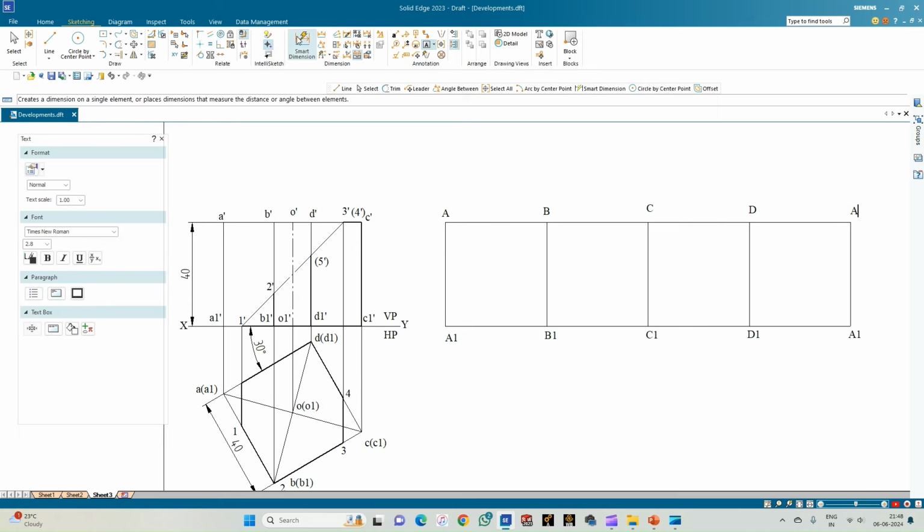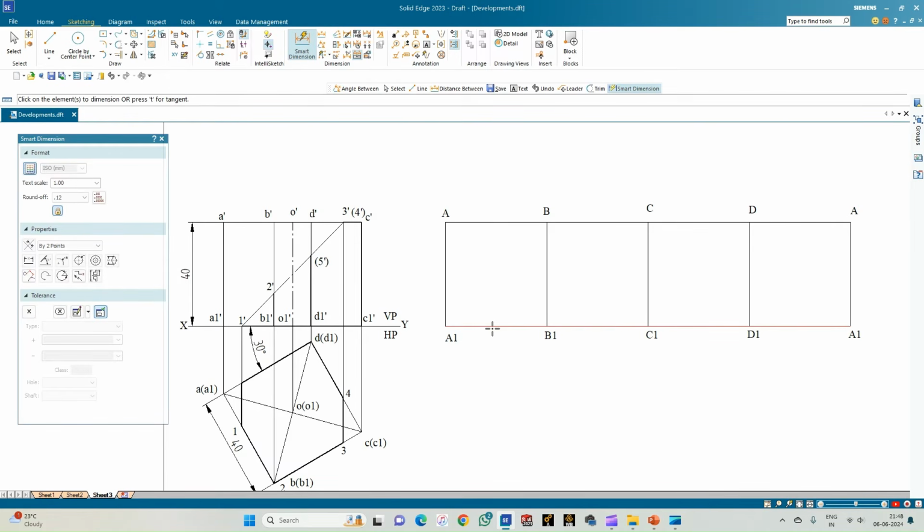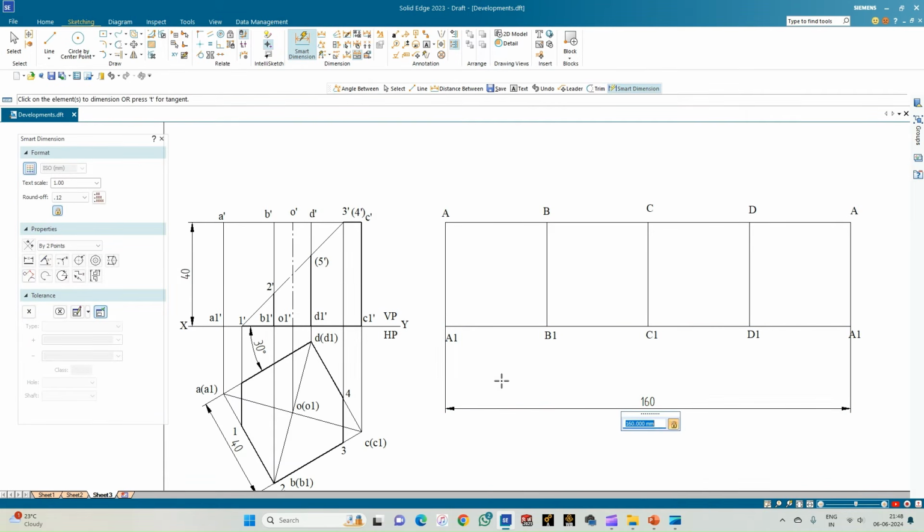So we can just show the dimension. The entire line is 160, and the distance between any two corner points is 40 mm, and also the height of this will be equal to 40 mm. So now we need to have these salient points 1, 2, 3, 4. As we can see, we do not have any point on A1, but however from A to B,